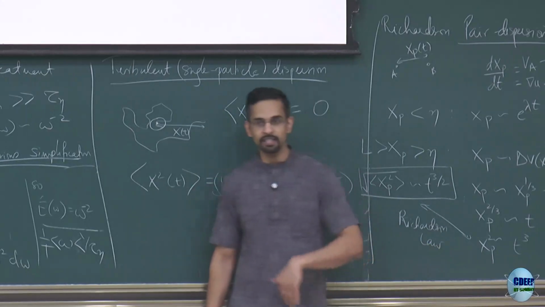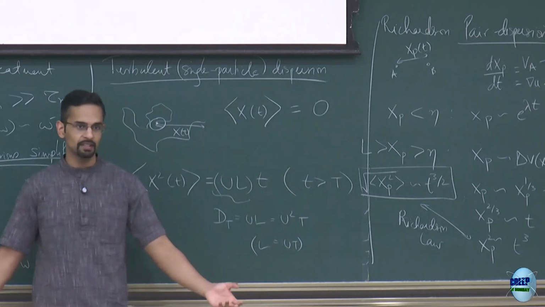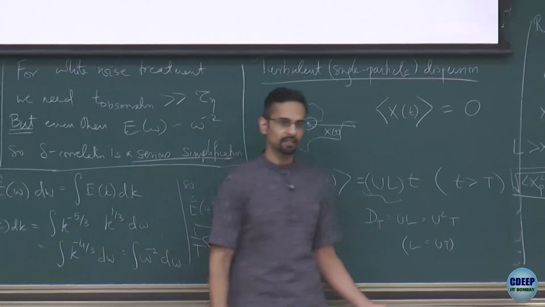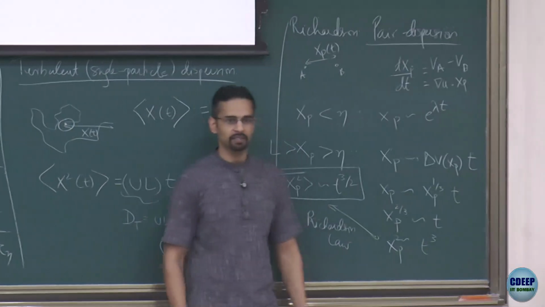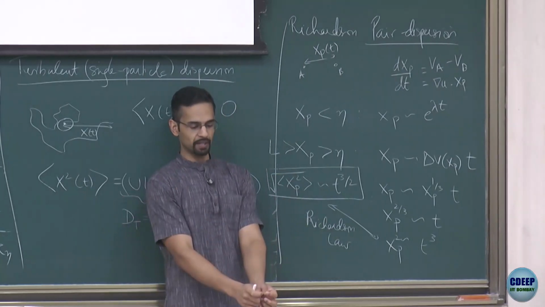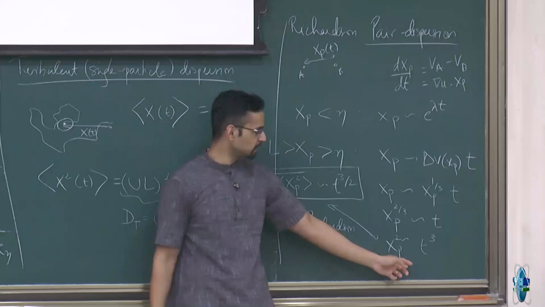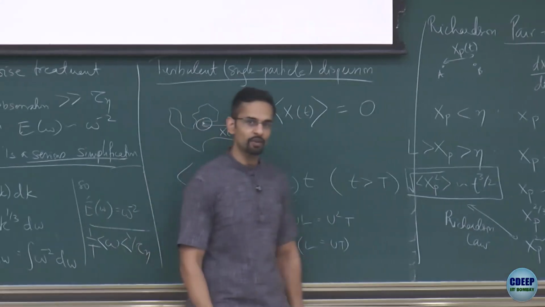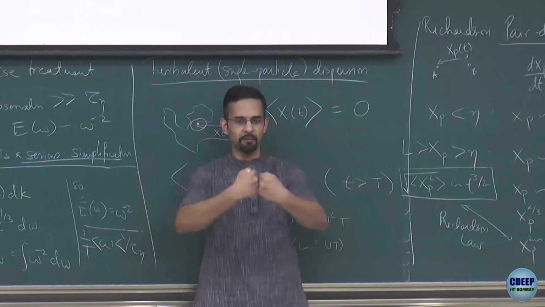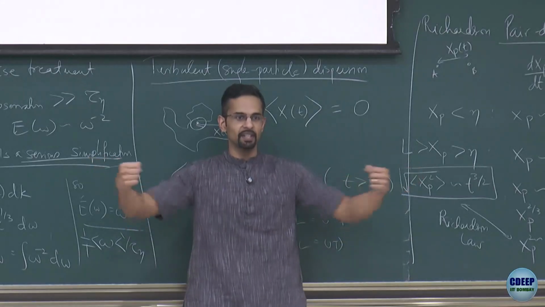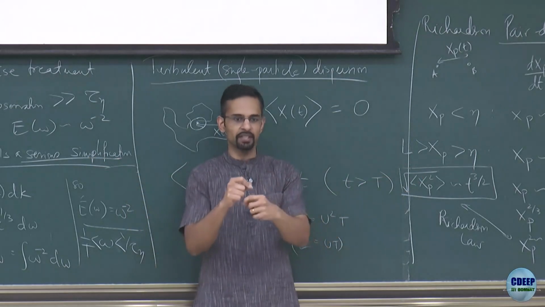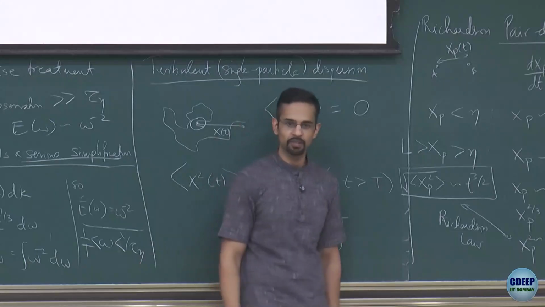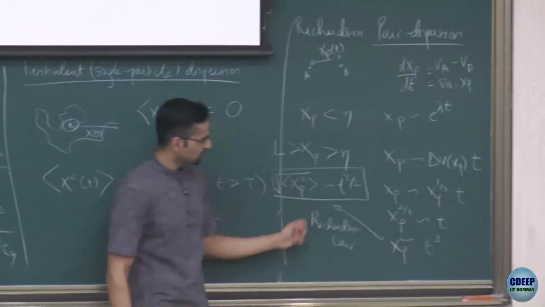But here you see xp square goes like t cube. So you're separating faster than if you take two particles and send them in opposite directions at fixed speed. So this is in some way like an explosive separation, because if you zoom out and look at the flow, you see two particles close together and they blow apart, because this t cube is separating much faster than just ballistic motion. One way to think about it: imagine two billiard balls coming together. They hit, and they go apart. That's like an impact. In a turbulent flow, you will watch two tracers come together and separate. That separation will be much faster than two balls hitting each other. So this is described as explosive separation. And this is what's called the Richardson law.